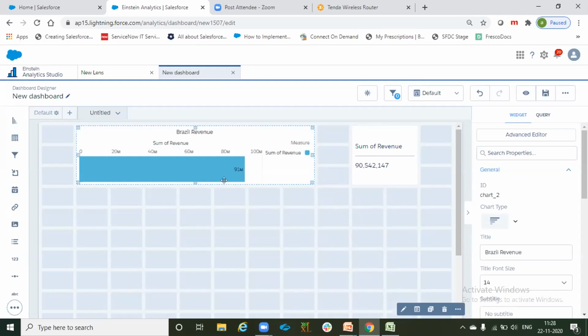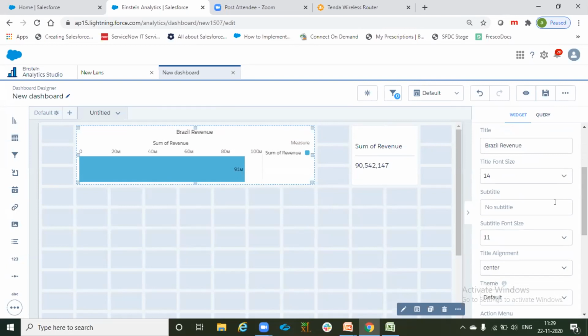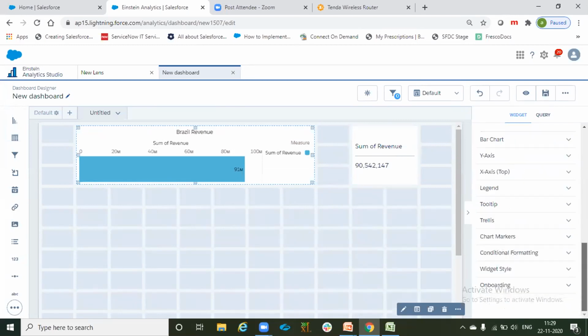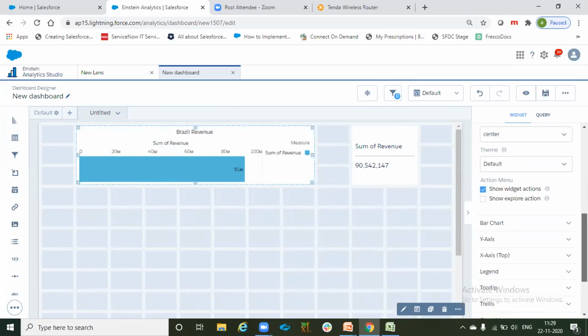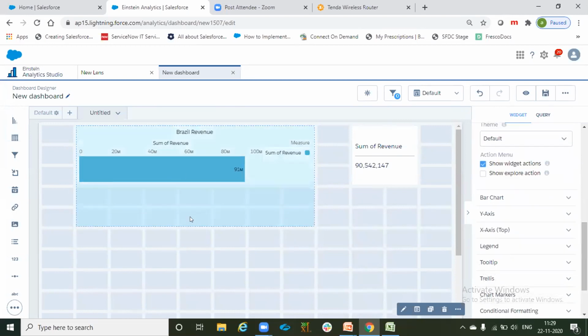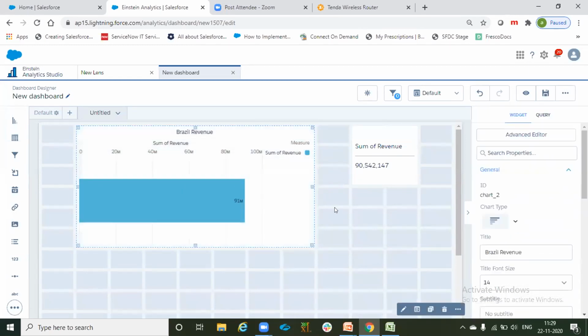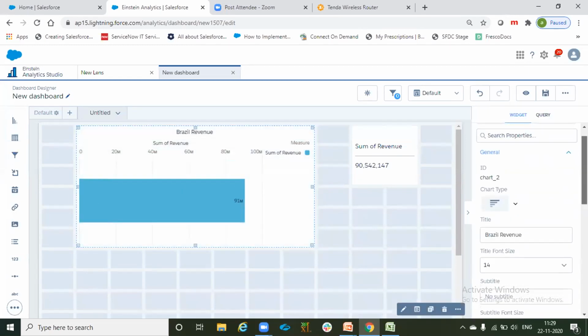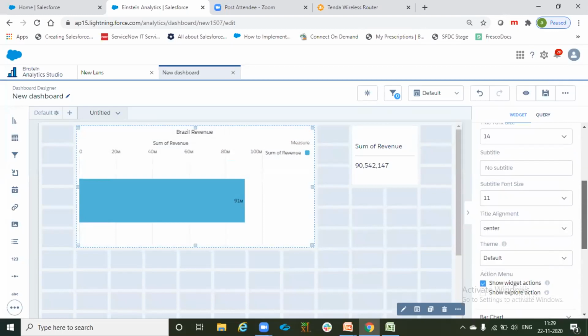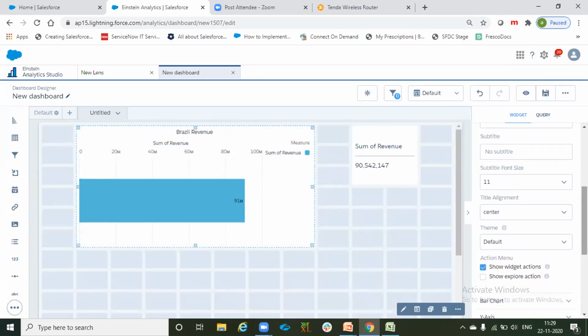If you're having 10 different charts or visualizations in this dashboard, as best practices say, your title, font size, subtitle, alignment should be the same across the dashboard. Should be consistent. And now this is my bar chart here. The bar chart has different properties. Let me show you in this bar chart. There are a lot of properties for each different chart and all widgets, and it's hard to complete in this 1 hour session. But let's see at least for this one.